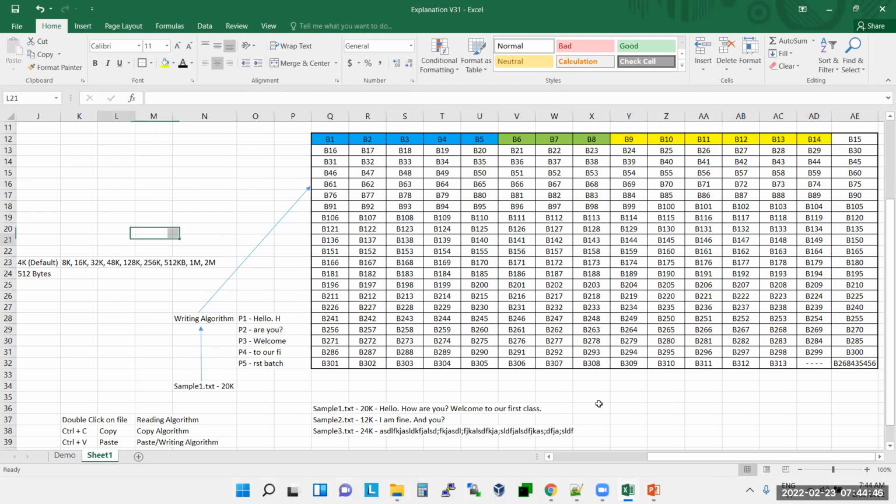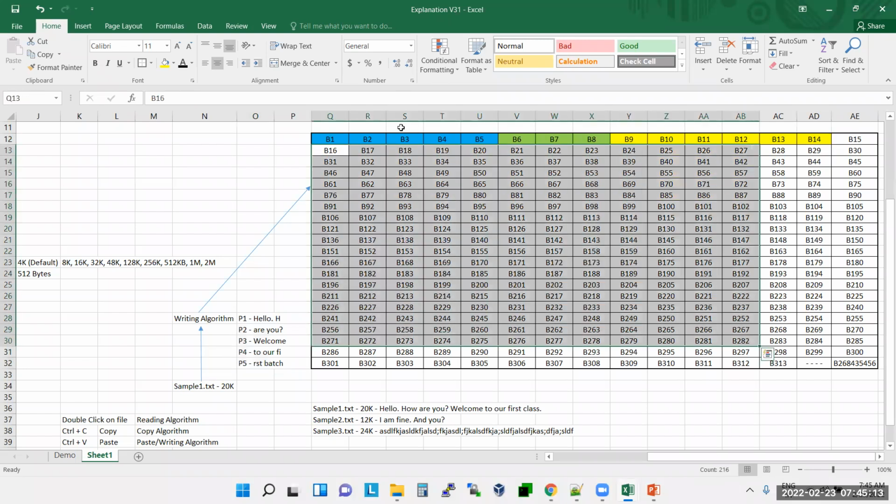Now the idea here is good, guys. The writing algorithm is good. Now you understood what the writing algorithm is, correct? What is the writing algorithm doing? For the writing algorithm, the input is your file. What is the output? It divides your input file into 4 KB pieces and writes them into the available blocks.